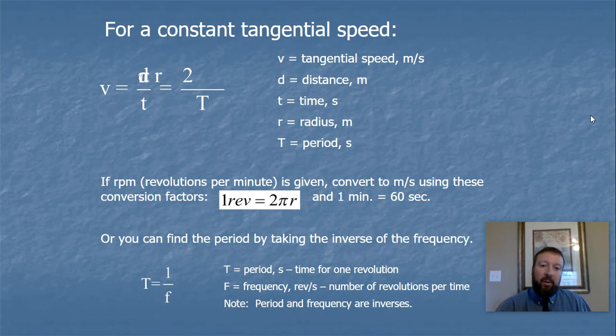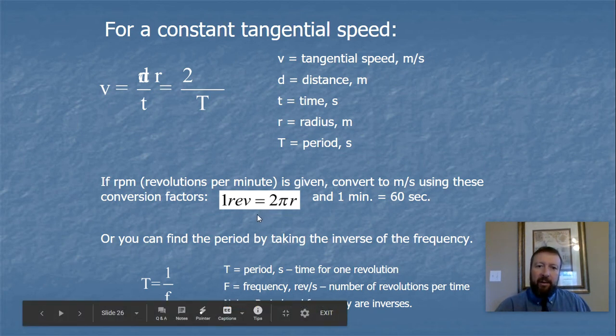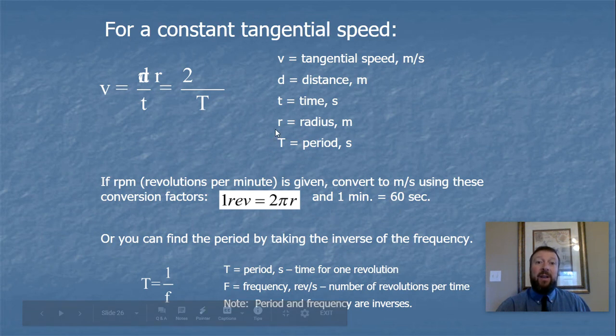It gets a little more crazy when you start getting to that tangential speed that you want to find, because there are a couple of other things you just need to know. One of those is going to be your circumference, 2 pi r. That's going to tell you that your distance that